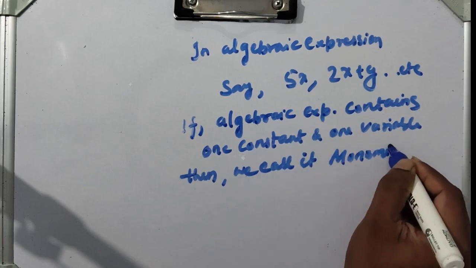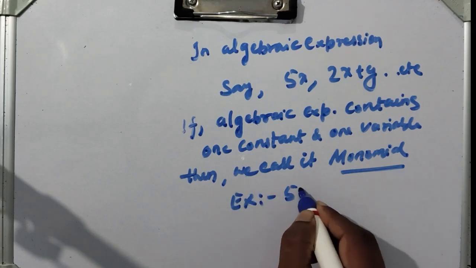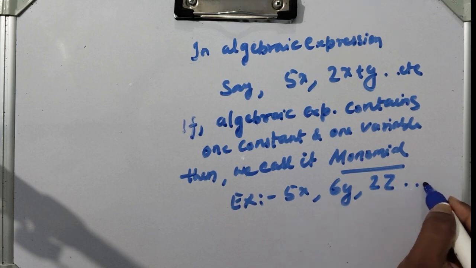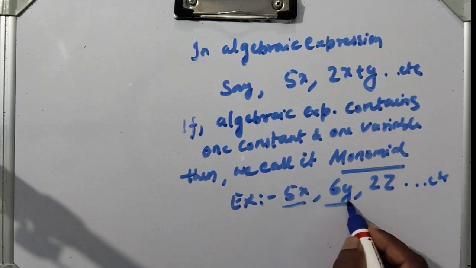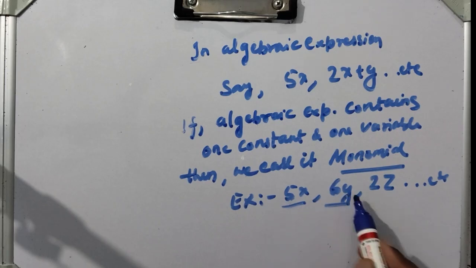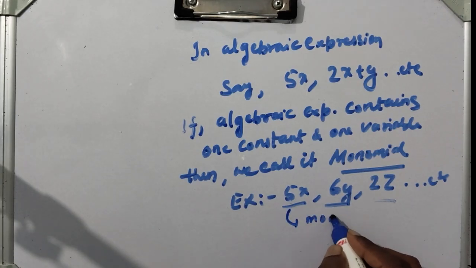Okay, monomial. Example: 5x, 6y, 2z, etc. So these examples contain one constant and one variable, so these are monomials. Okay,